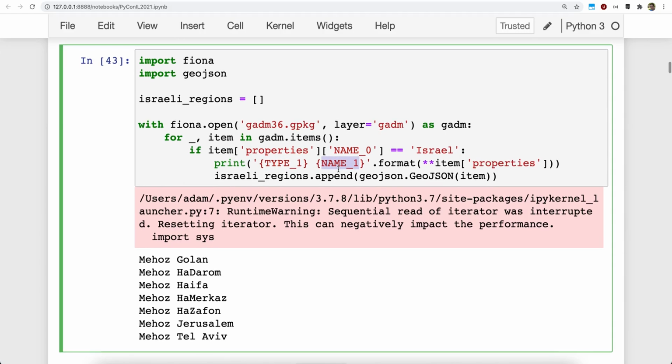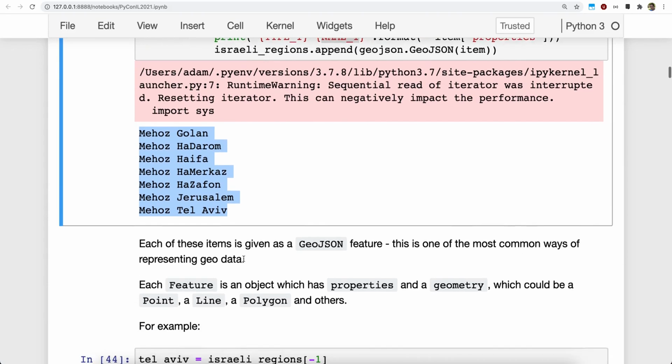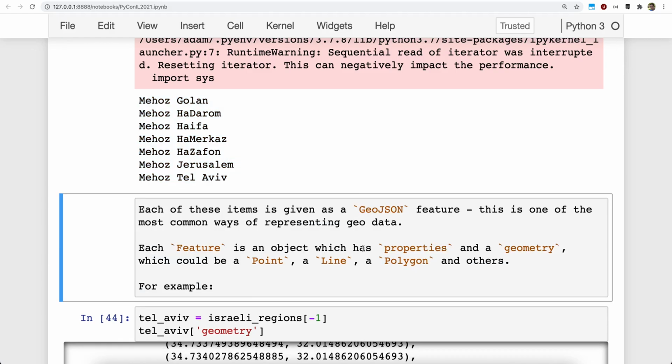So when I run this, I get just a list of all the districts in Israel: Golan, HaDarom, Haifa, etc., etc. Each of those is basically given as a GeoJSON feature. GeoJSON is one of the most important formats that you'll need to know. If you need to learn one geographic format, that would be it. Each feature in GeoJSON is basically an object which has 2 properties. One is the properties property,